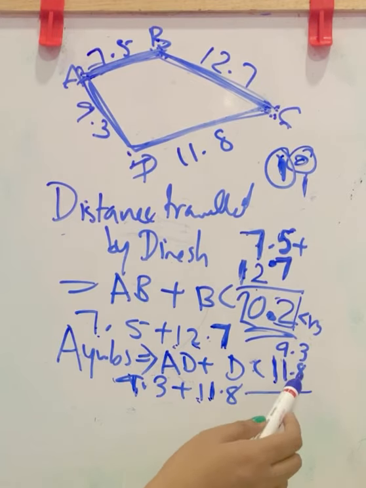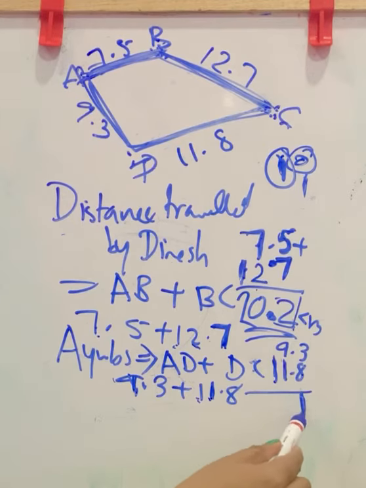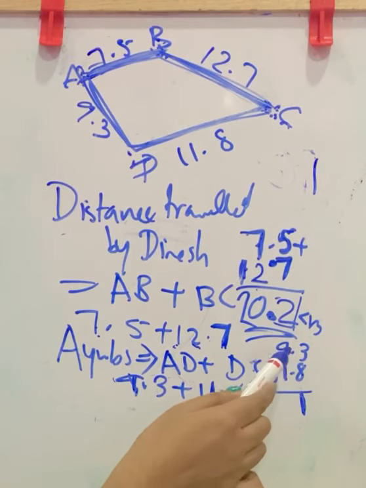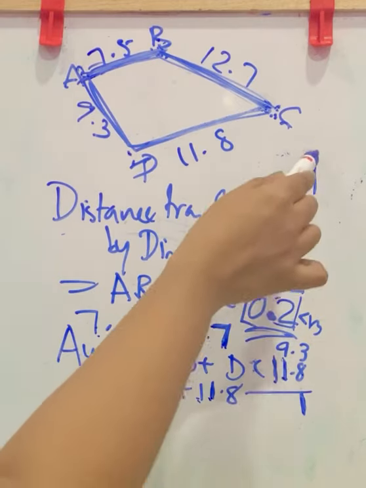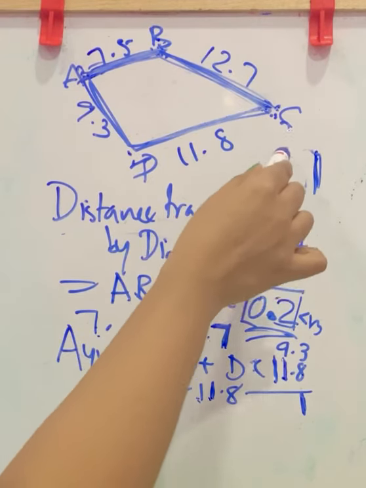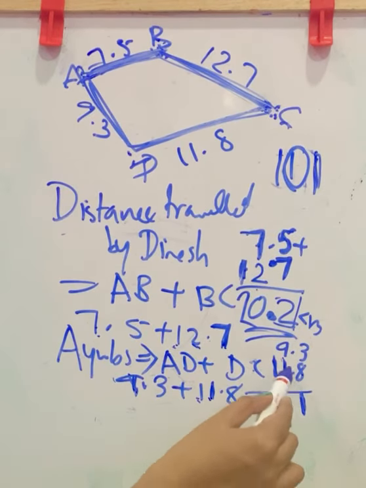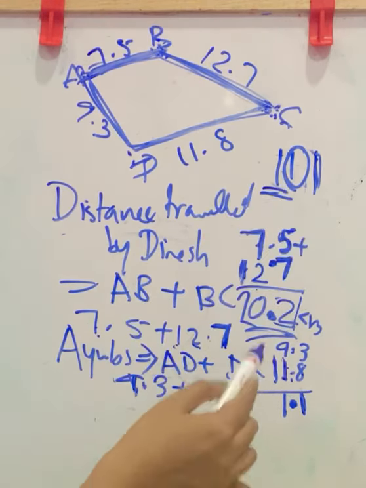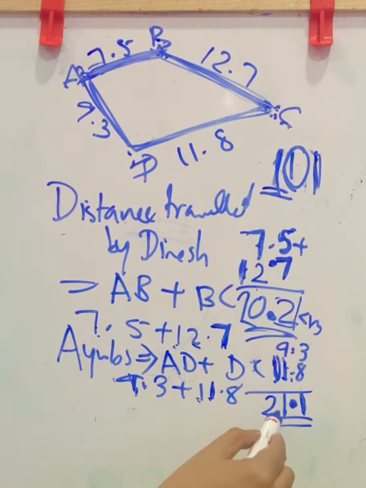Here will be 1.8. Now 8 plus 3 is 11. We have balance 1. Keep it there. Now 9 plus 1 is 10. And in that 10 we want to add this 1 also. It becomes 11. In that 11, this units place 11 we will write it here. Don't forget this decimal to take down. Now we have a balance 1 here in 11. That balance 1 plus this 1 you will get 2. 21.1.